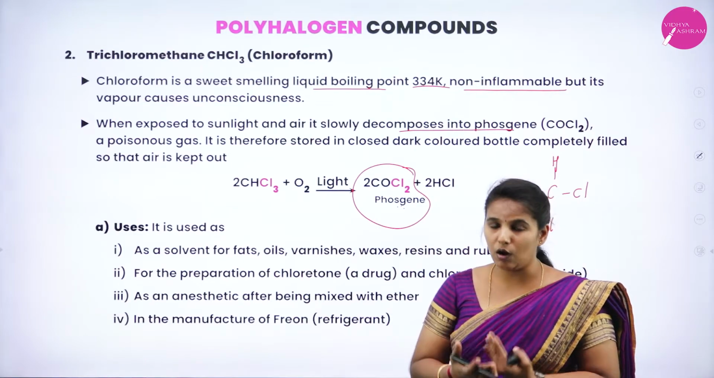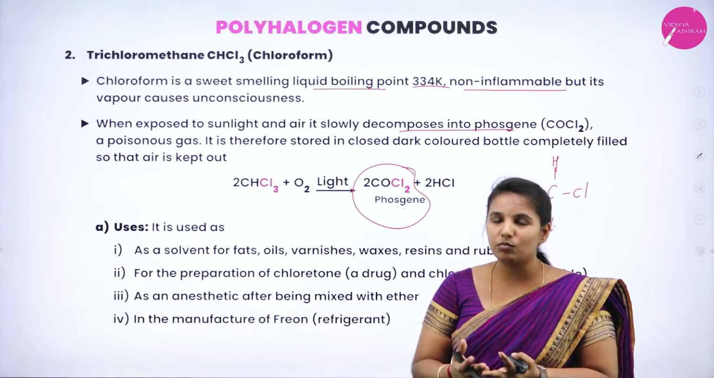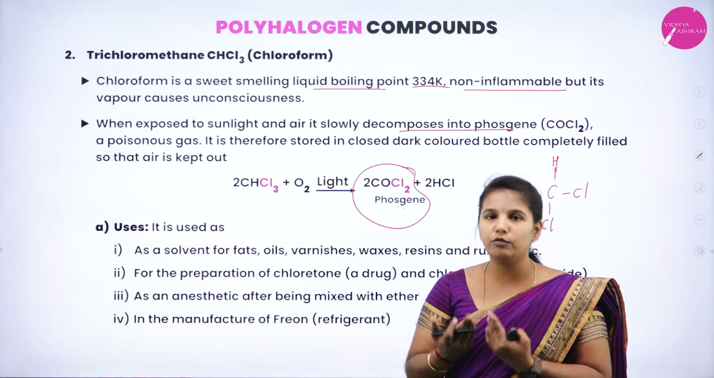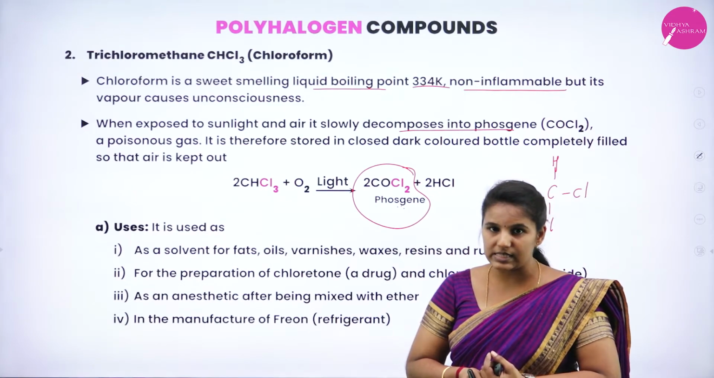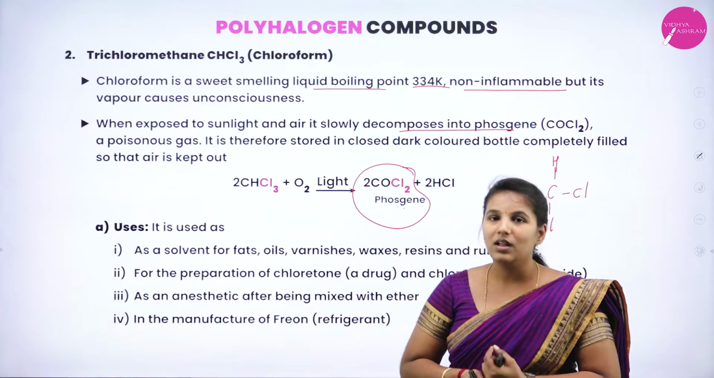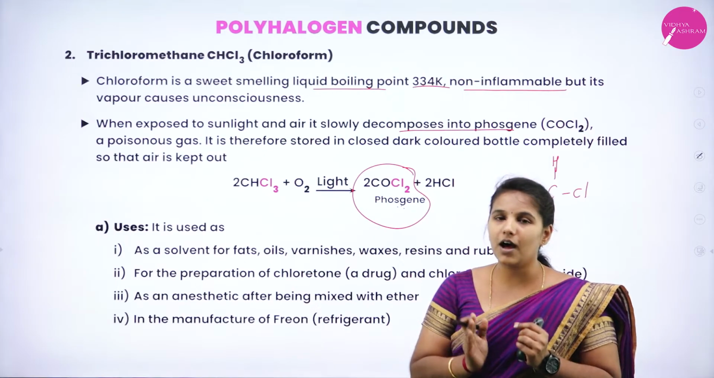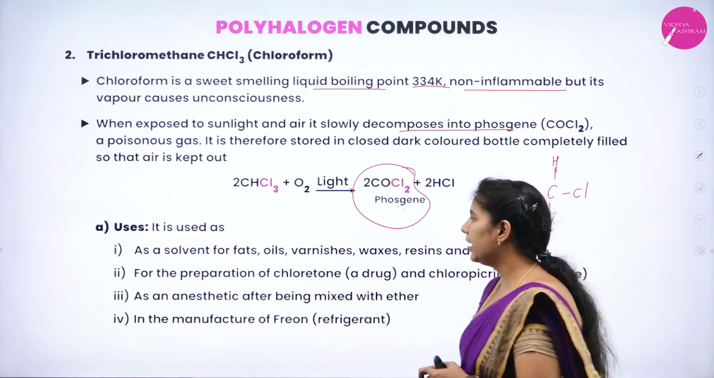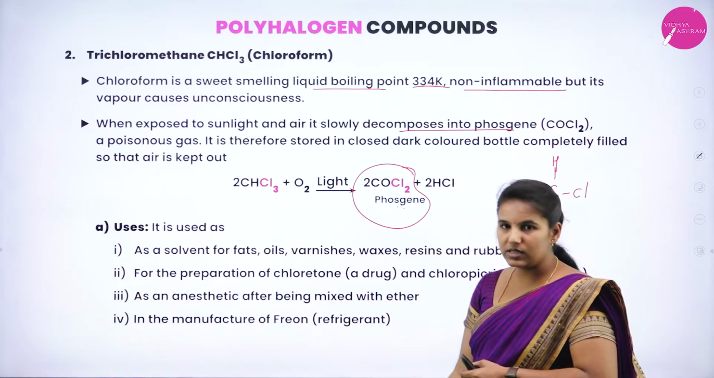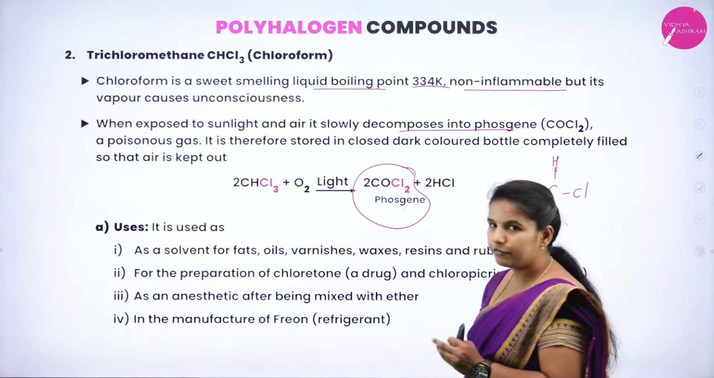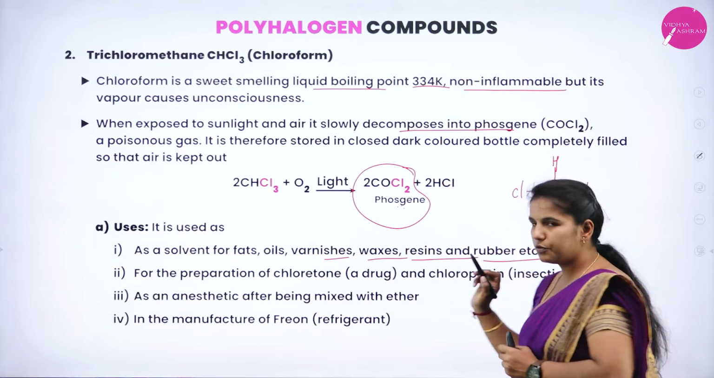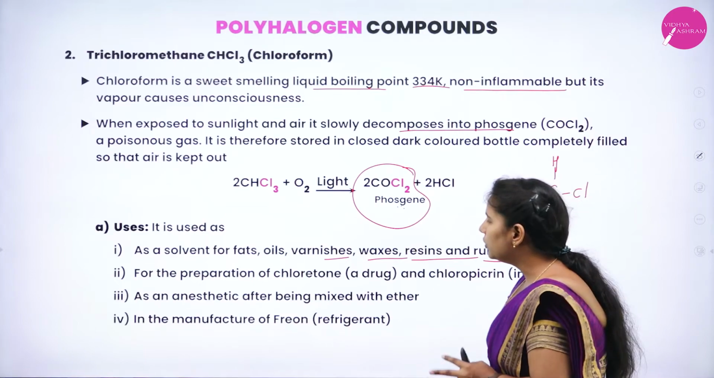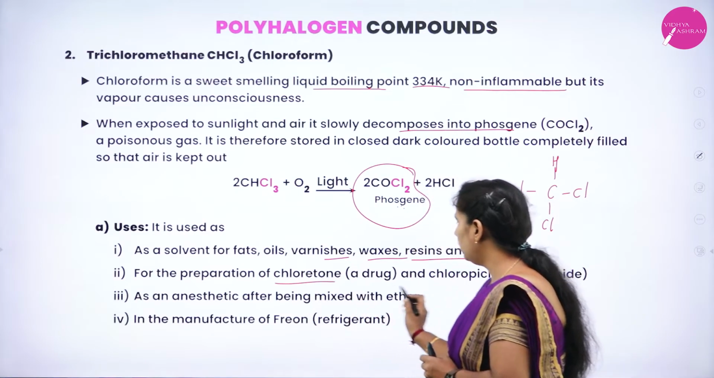If you kept it outside, it can react with atmospheric oxygen, thereby it forms phosgene, and phosgene is a very dangerous gas and it is a poisonous gas too. That is why it is stored in the dark bottles. Okay, and coming into their uses, it is used as a solvent for the fats, oil as well as with the varnishes, wax, resin as well as for the rubber and for the preparations of chlorotone, that is as a